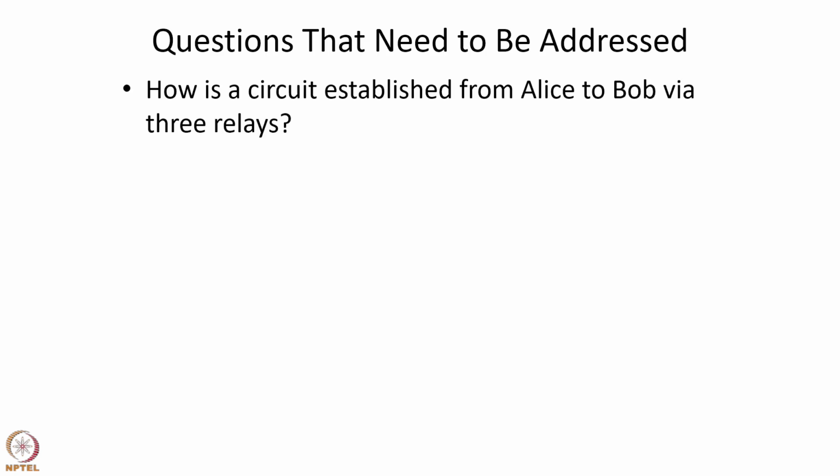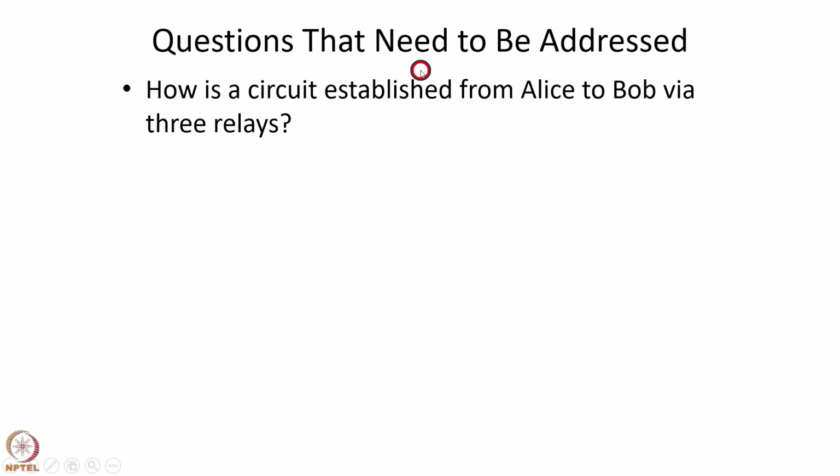Now there are some questions that need to be addressed in the operation of Tor. One question is, how is a circuit established from Alice to Bob via 3 relays? So the source Alice cannot simply send packets to the 3 relays directly, because the second relay, that is the middle relay, should not know the identity of Alice, and